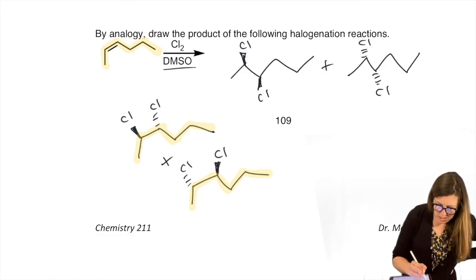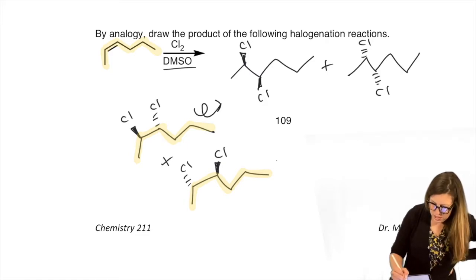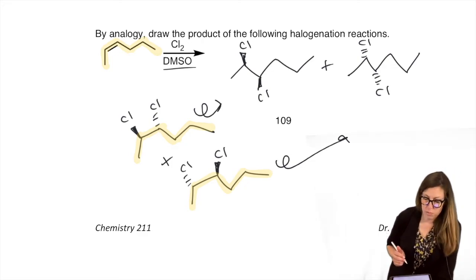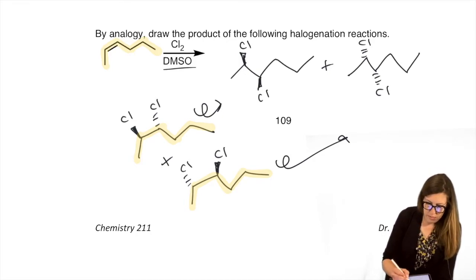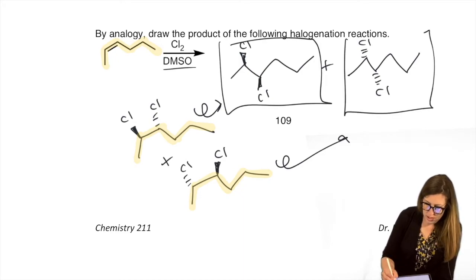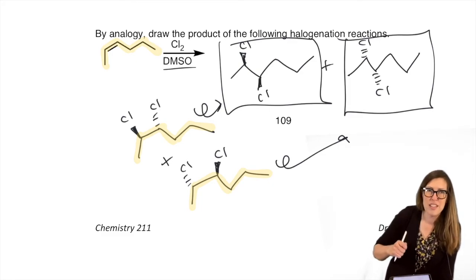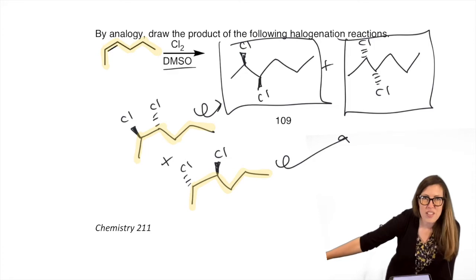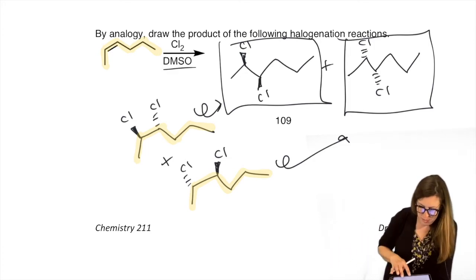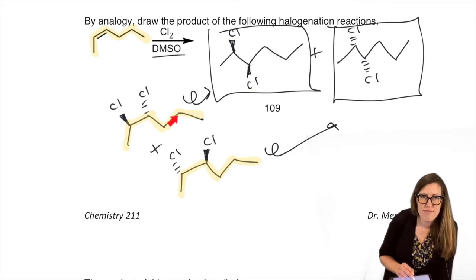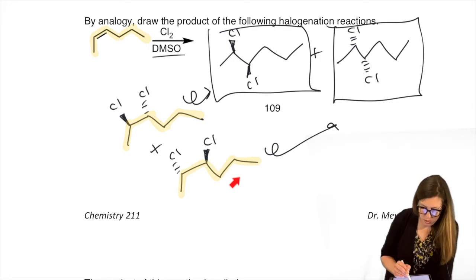But that is not to say there's not a better way to rotate it when you're done. When all is said and done, if it can be out of that cis framework into the zigzag anti framework for the R groups that are large, then definitely that's going to happen. So when you rotate it, you see this became this one, and that one rotated to this one. Try that yourself with a model if you're still not sure. You've got to be comfortable with that because it's just going to be assumed knowledge very soon. We won't always practice it every time. So get comfortable. Make sure that these are the same thing. Don't go any further right now if they're not the same to you. Make sure you convince yourself they're the same.